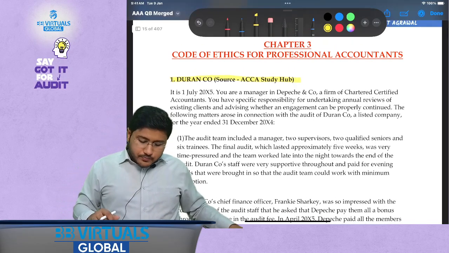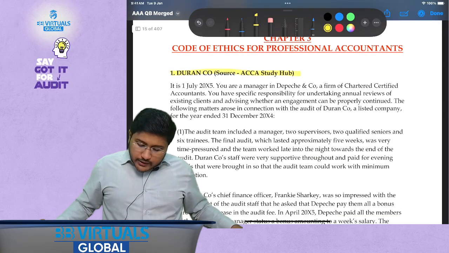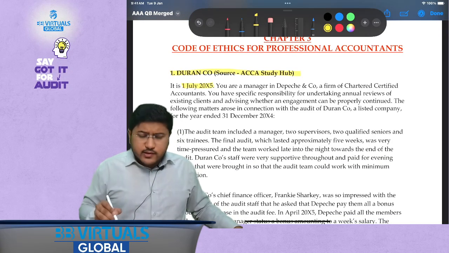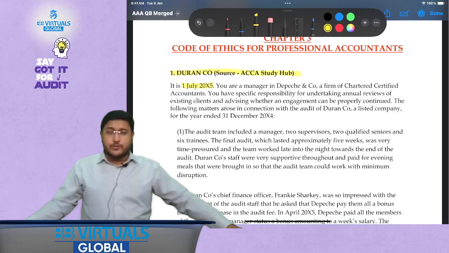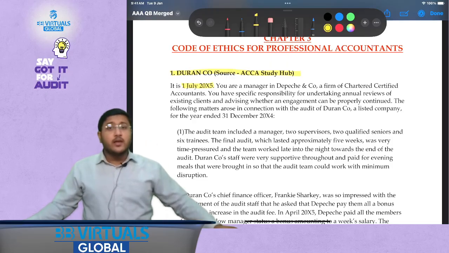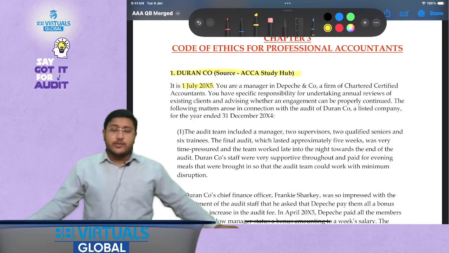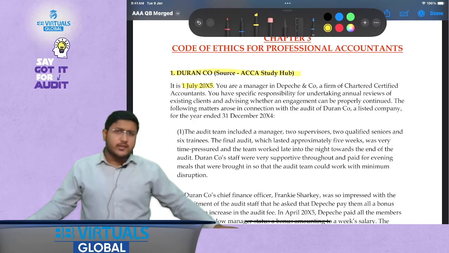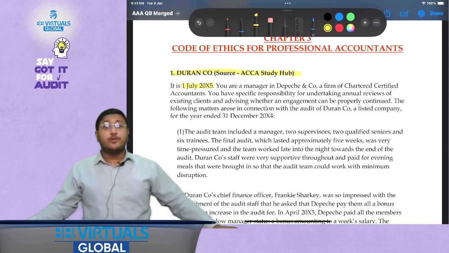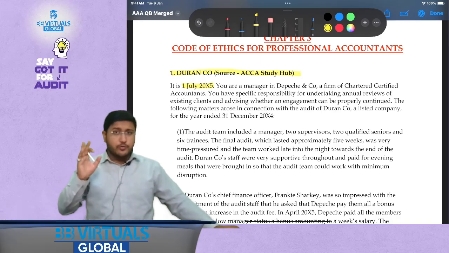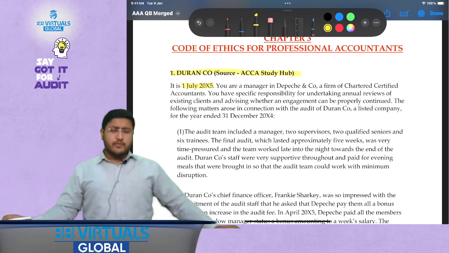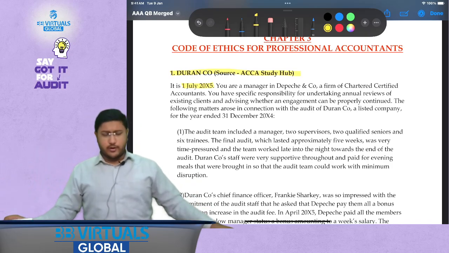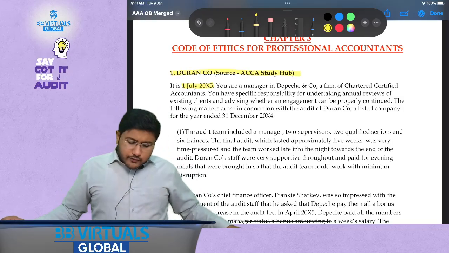So number 1, it is 1st July 2025. Why is this important? Because the year end might be different for all questions. In your paper there are going to be majorly 3 case studies, and there could be different year ends. You cannot assume that March would be the year end, or December, or September. It could be different for all questions. So you need to understand where you are standing, as it helps you decide whether it is talking about subsequent events, or going concern issues and all. So it is 1st July 2025.